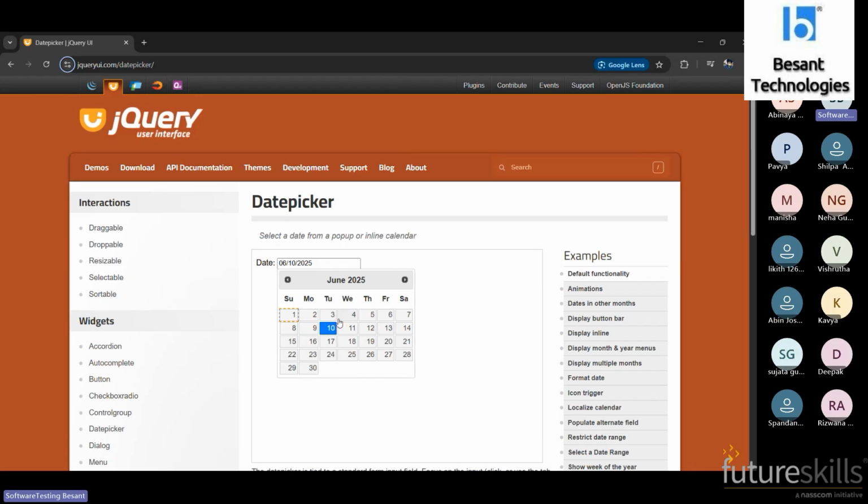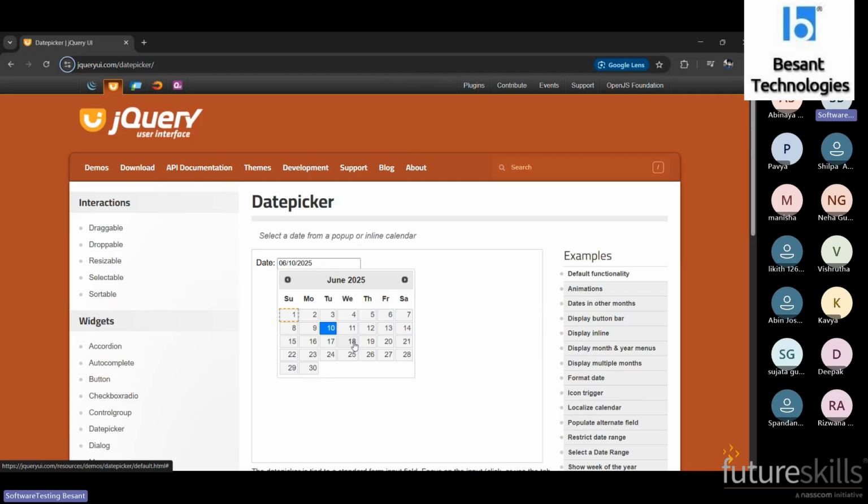If you are trying to click 3, then how do you make the difference between clicking the current June month date or the next month date? Both will be the same. Both will have the anchor tag. Yes, sir. So I'm not sure.